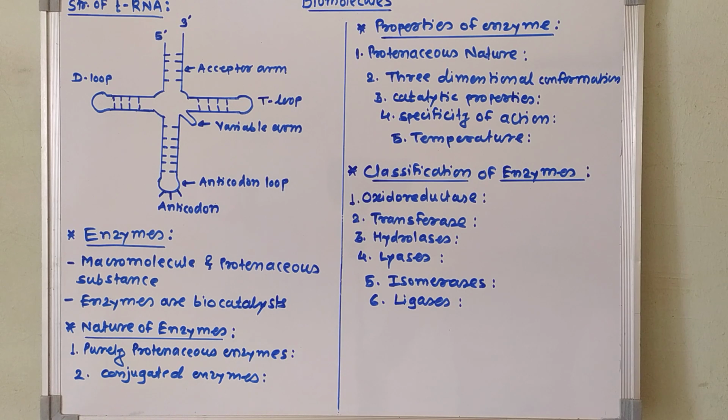In DNA, we studied that it is a double helix structure. It has two strands, and they are anti-parallel to each other. Then we studied the structure of ribose nucleic acid, that is the RNA. In RNA, we studied that RNA is a single-stranded structure. Then we also studied that in RNA thymine is replaced by uracil, and then we studied the types of RNA.